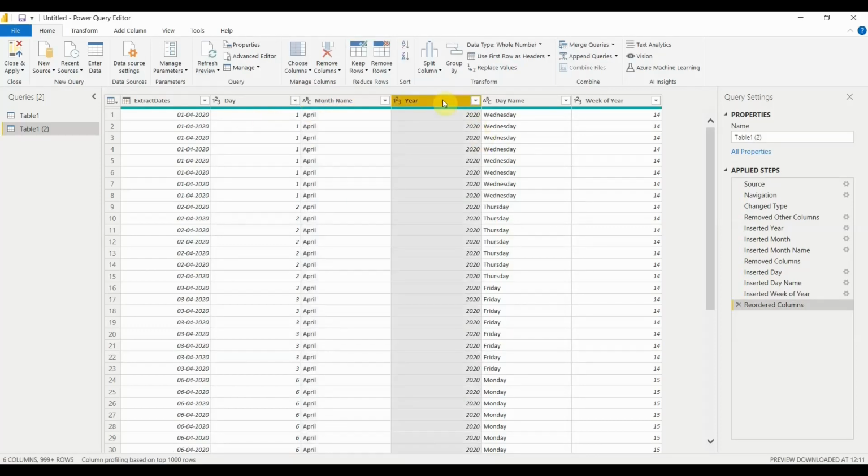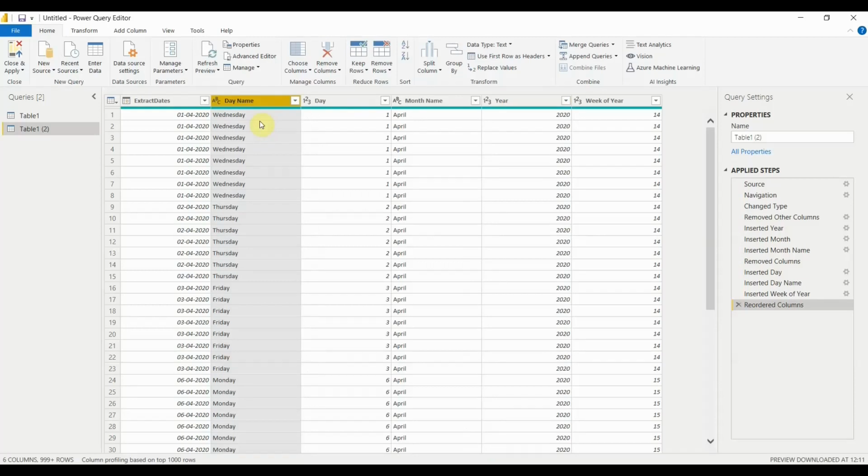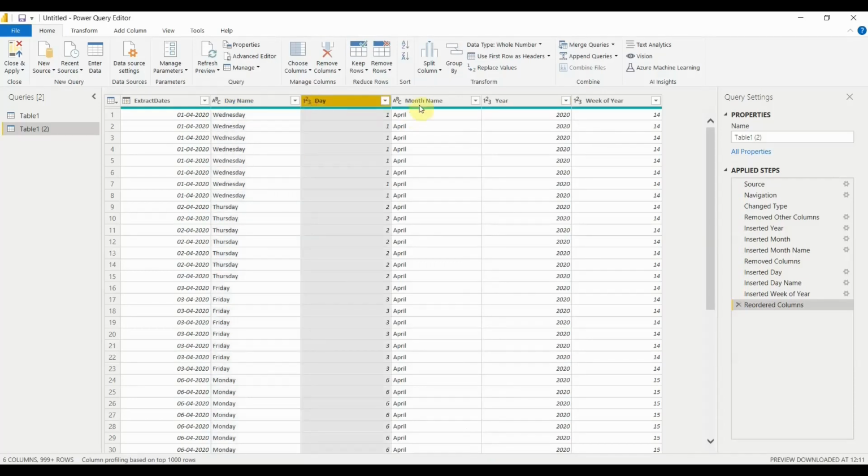And then I have the year. Similarly, if I want the day name on the extreme left-hand side before the day, I can do that as well. I just drag that column and bring it to the extreme left before the day column. So this is how you can reorder a column in Power BI.